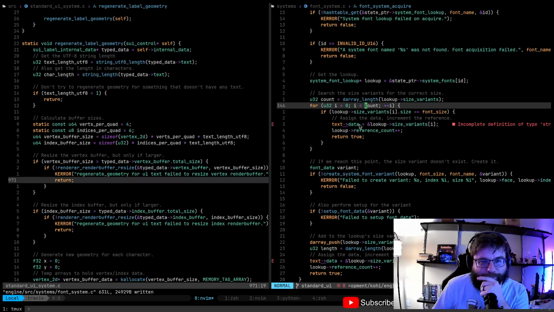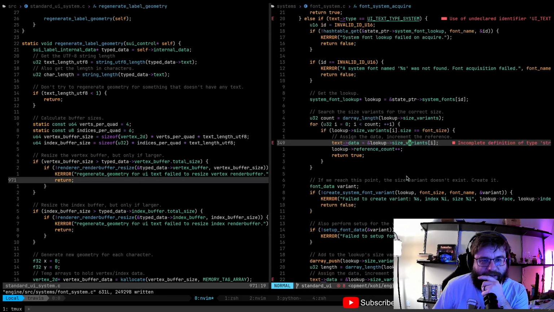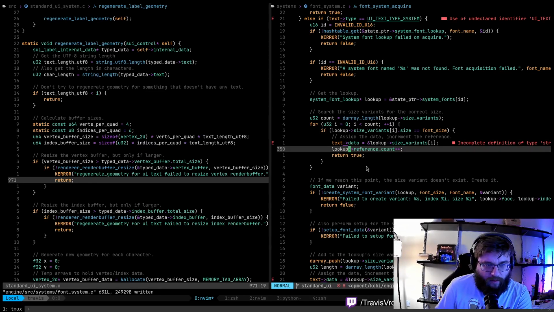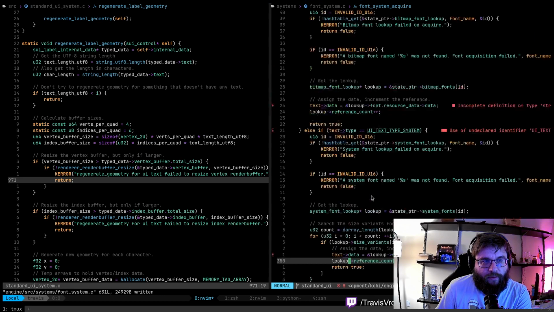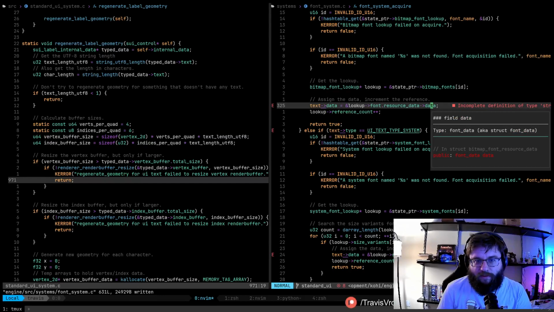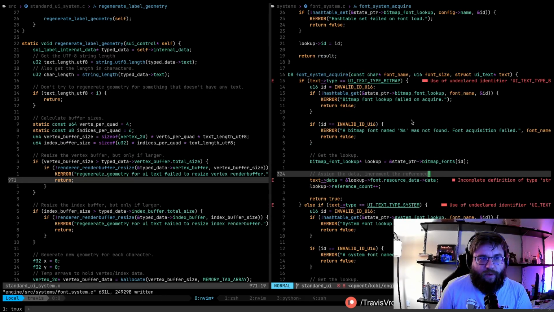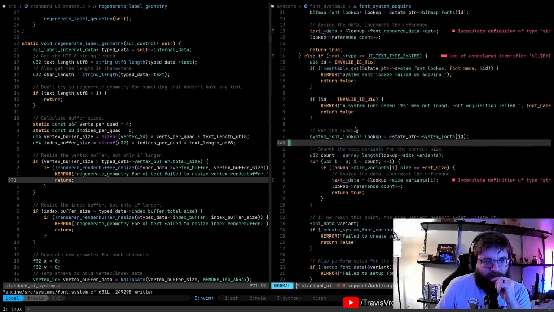Okay. So, this is setting a font data pointer, and returning true. This is setting, that's going to be a font data pointer as well. So really what this should be doing is probably returning a font data pointer. For now, that's going to be how this is going to work.